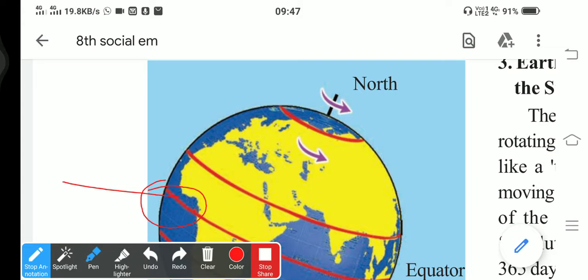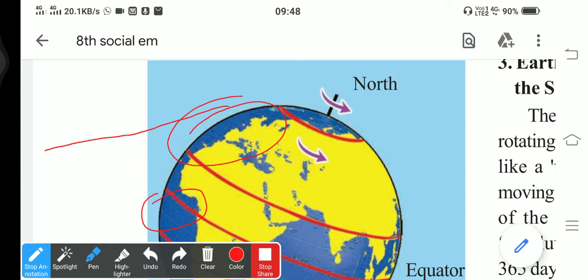Whereas when sun rays fall above the tropic of Cancer, the area is larger. At the equator, this is the area, understand? Above the tropic of Cancer, the area is larger, and the sun rays fall slantly, not directly. So insolation received at the equator is higher